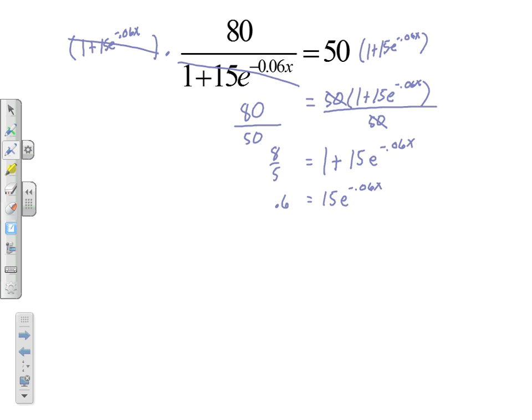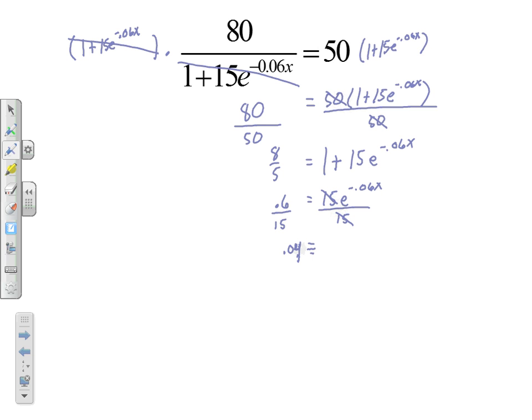Okay, now the 15 is multiplied to e. Remember, the base of the exponent is actually e. So at this point, I will divide by 15. And if you say 0.6 divided by 15, that'll still give you a fairly nice decimal. That'll give you 0.04